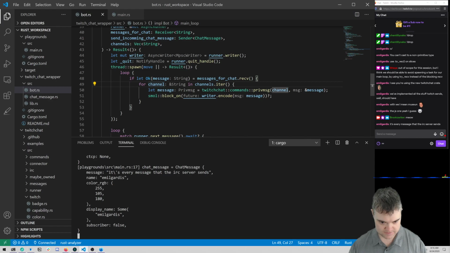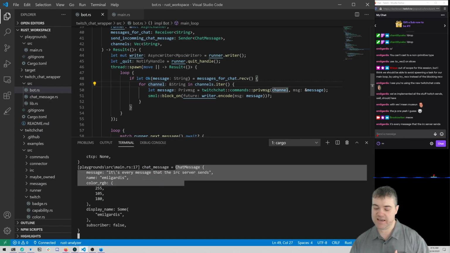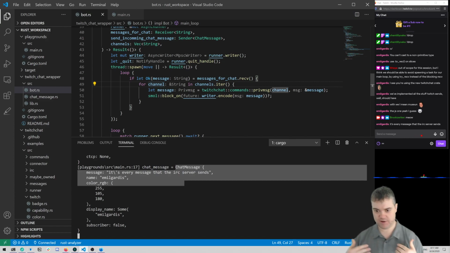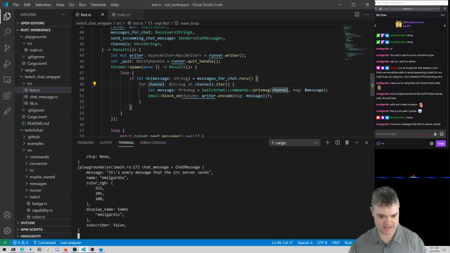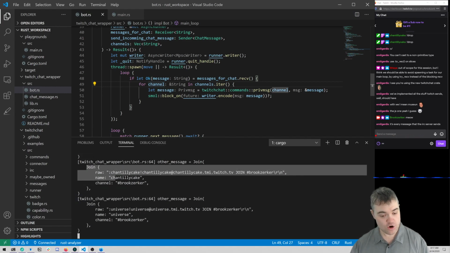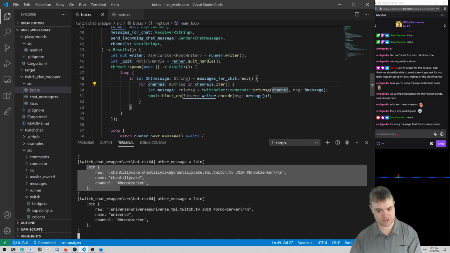Okay. But you can see here, this is the chat message where I'm taking the tags that are being created and wrapping them into my own struct here and sending that along so I can get the RGB of the name. And okay, yeah, so here I can see the join messages.